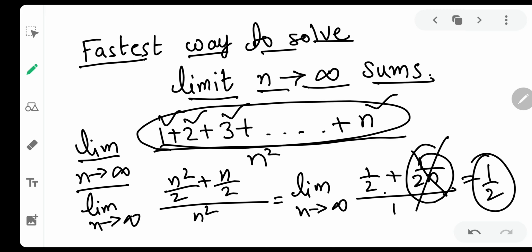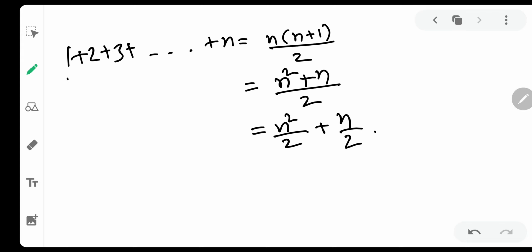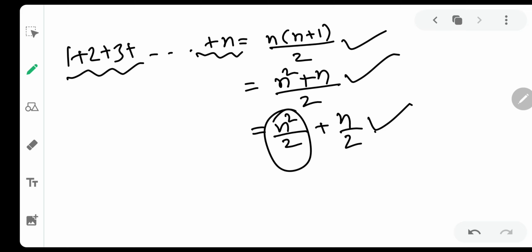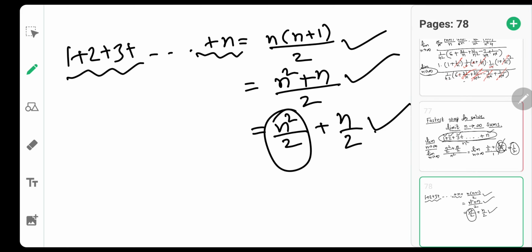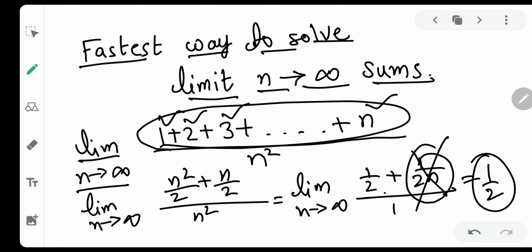But did you notice one thing? That 1 plus 2 plus 3 up to n was a polynomial, but its highest degree term was n square by 2. Similarly, you must have noticed one more thing, that what is required is the highest degree in the numerator and the highest degree in the denominator. So the lower terms are not important, so let us not bother about them,